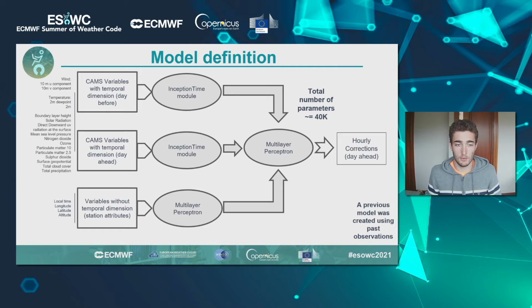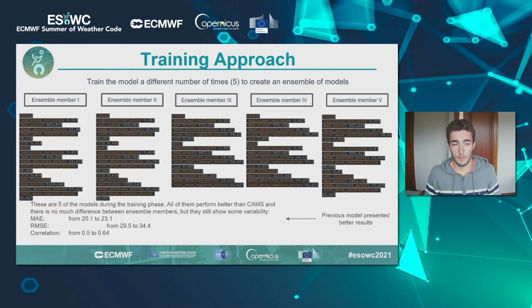In the next slide, we will explain that we have considered 5 different initializations of the models considered. Each of these produces a different model that outperforms the CAMS model, and all 5 models are assembled with equal weights to have a stable final regression, which reduces the error metrics by around 35%.